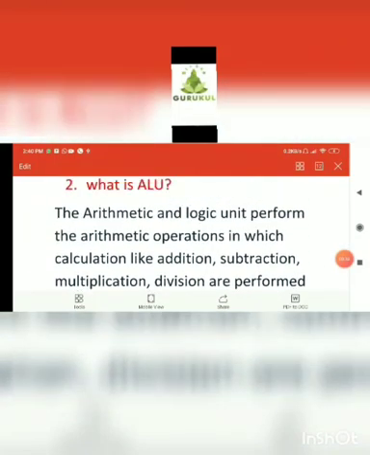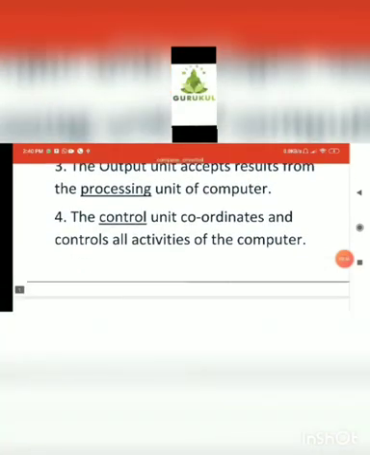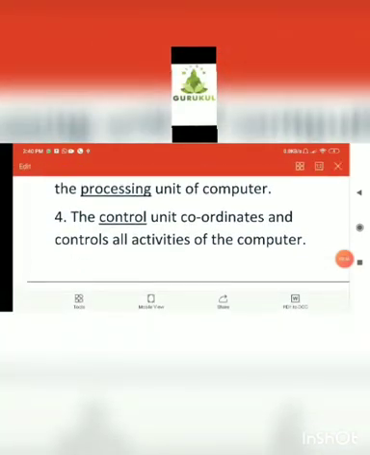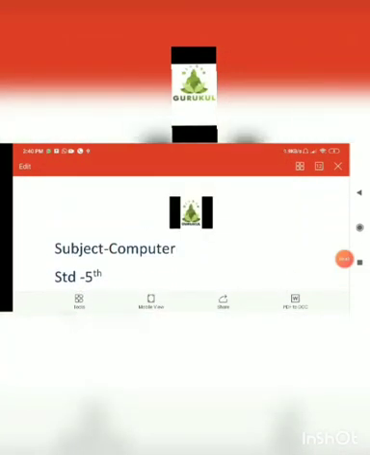Kids, see, what you have to do, you have to remember each and every question and answer properly. Here these are the questions and answers from the exercise. The questions may also come from the textbook, so you need to read the textbook properly so that you can answer all the questions in the examination.